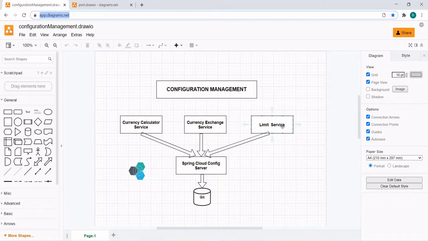We started from the limit service. We set up the limit service. Thereafter, we hard coded the configuration, and then we did the configuration in the application.properties file, and from there, using the @ConfigurationProperties annotation, we read that configuration from application.properties. But all the configuration should be read from the Spring Cloud config server.